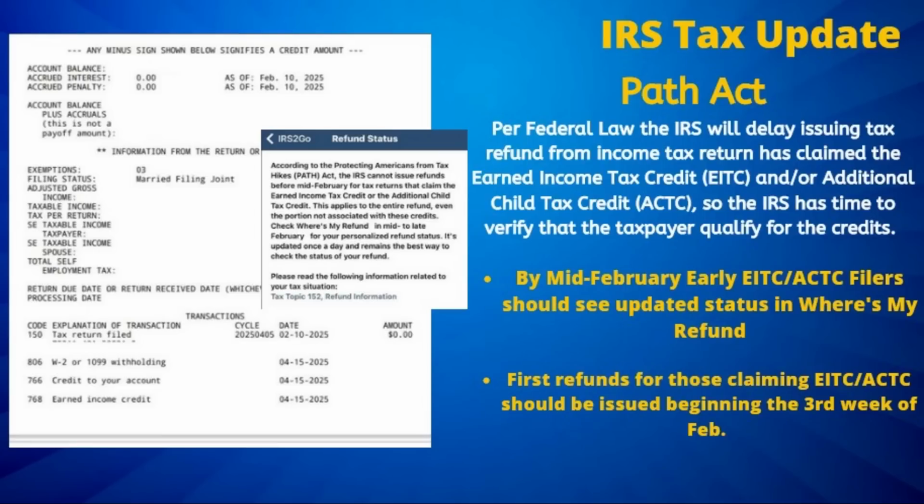Now, we have had many viewers reach out to us who have already filed their tax returns and have claimed either the earned income tax credit or additional child tax credit, inquiring on when they can expect to see their refund. And as a reminder, if you are claiming either one of those credits, you must wait until mid-February to see that refund released due to federal law. But to avoid ongoing confusion, if you are just claiming the child tax credit, also known as CTC, you are not impacted by this hold, as only the additional child tax credit portion is subject to a hold